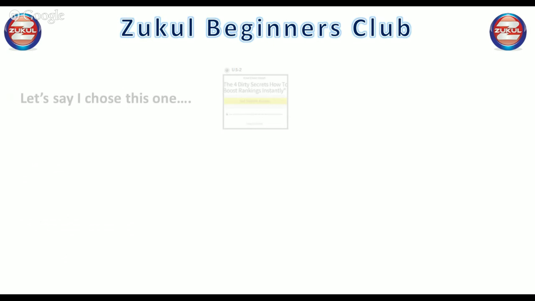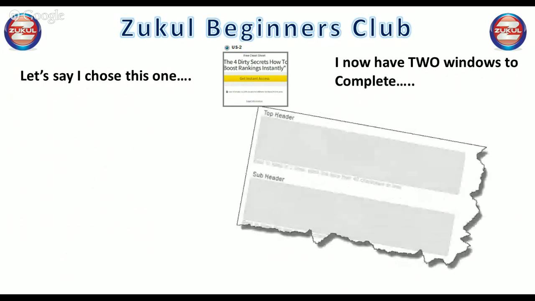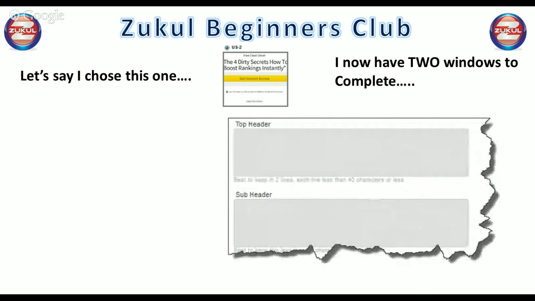Okay. So let's say I chose this particular background, US2. I now have 2 windows to complete. It's relatively straightforward, top header, sub header, but some of them have boxes in which you might be a bit confused and not know what information to put there.